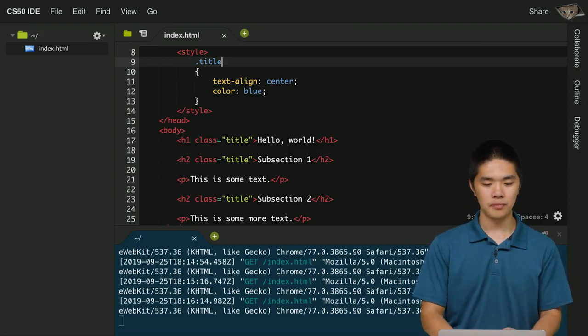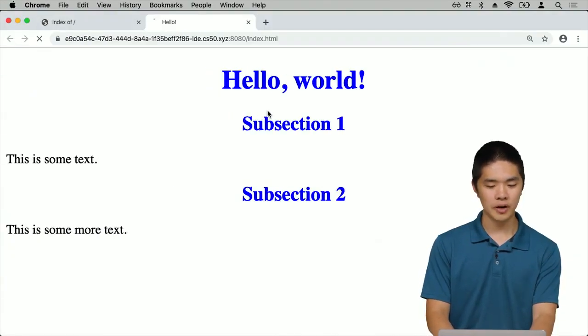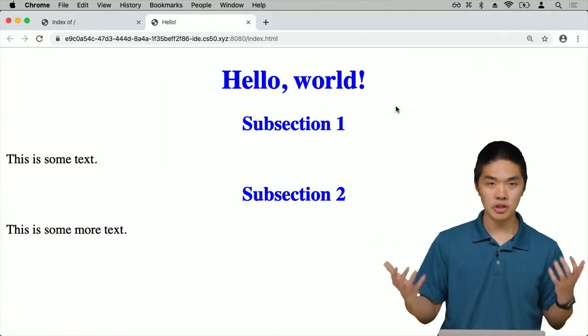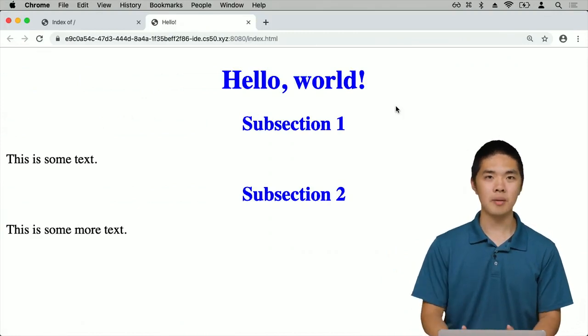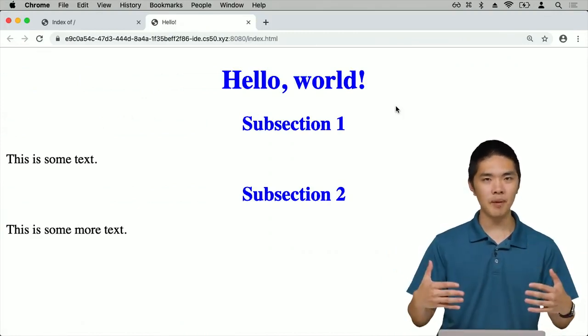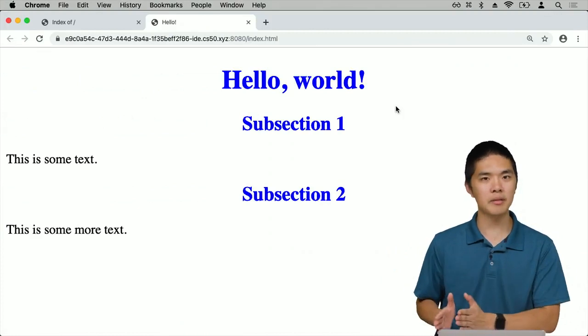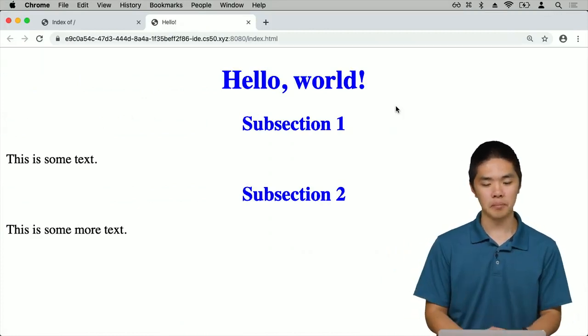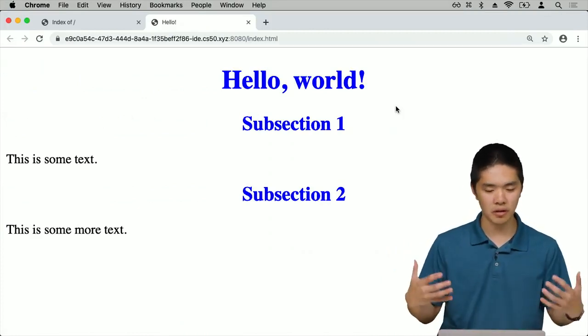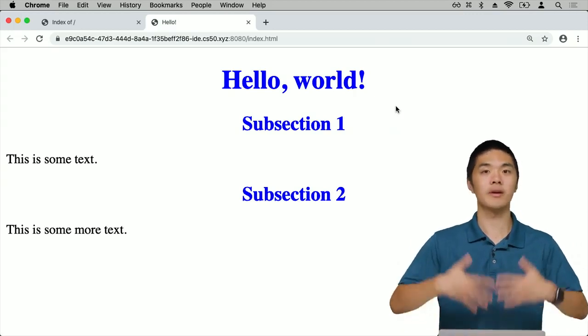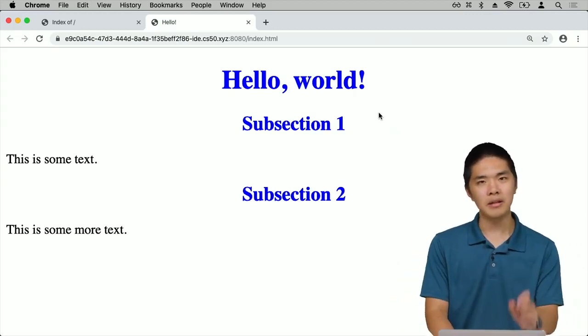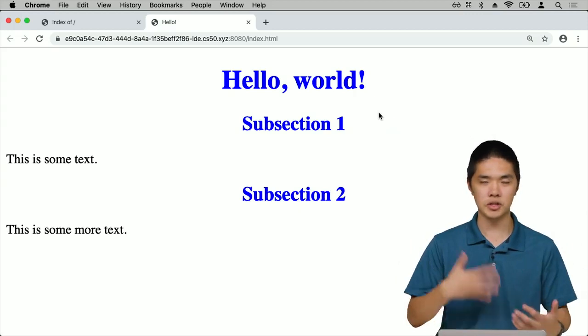its color blue. So if I go back here now and refresh the page, I see that the page looks exactly the same, but I haven't repeated myself. Now the big title at the top, as well as the titles for each of the subsections, show up centered and blue. And now, of course, the reason this is useful is not only because I'm just avoiding needing to copy paste, but also it makes it easier to change the page if I ever want to change the styling